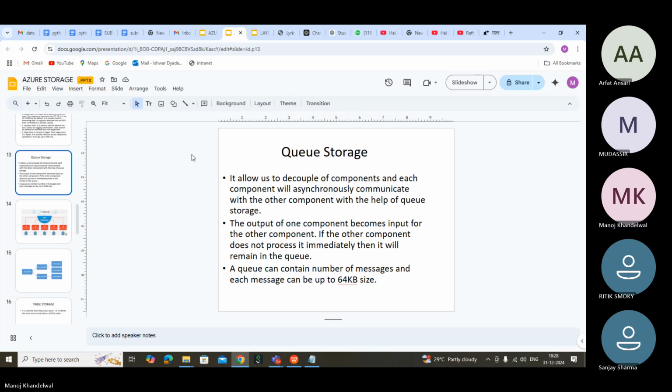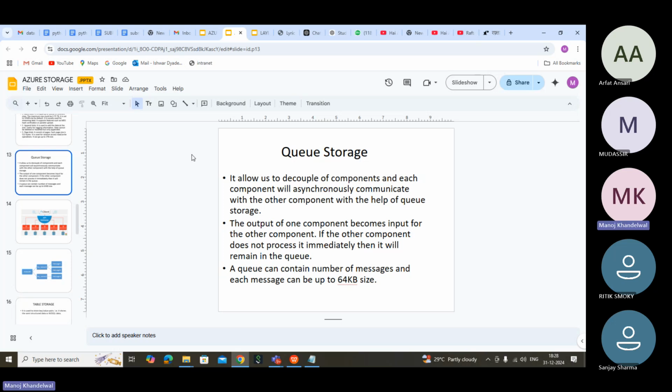So software development is also the same. That's why you need a queue. When one microservice finishes the job, that job goes into another microservice and sits in the queue for its turn to come. Once it finishes with the second microservice, it goes to the third microservice. Getting it? So like that it goes.